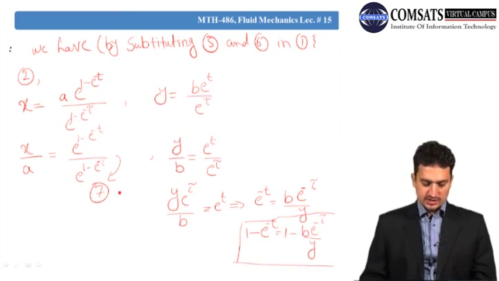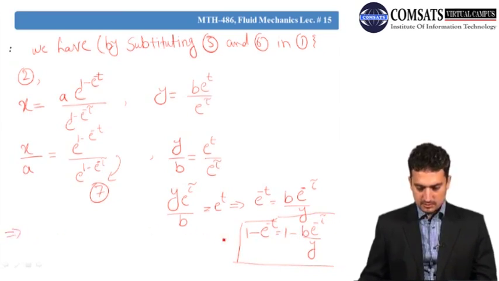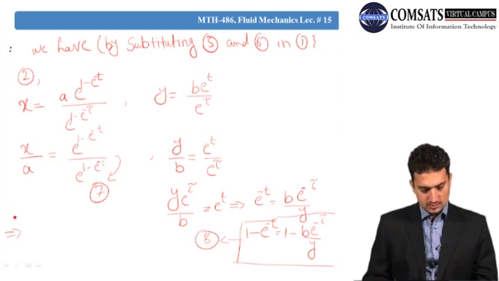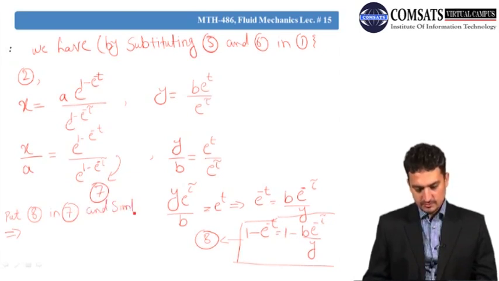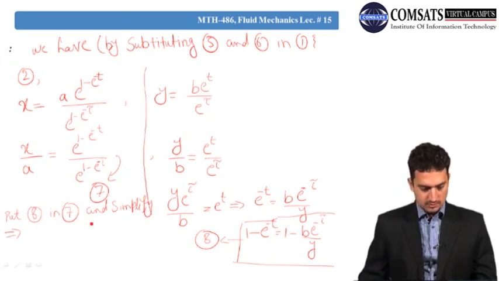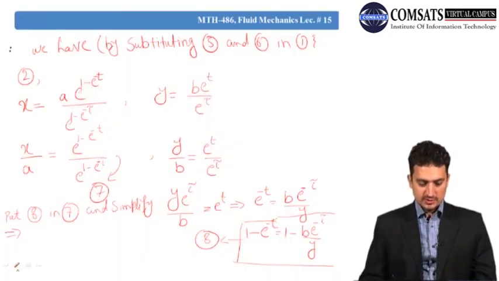Substitute this equation into equation 7, and ultimately put 8 in 7 and simplify. इक्वेशन 8 को इक्वेशन 7 के अंदर अगर सब्स्टिट्यूट करें और उसके बाद इसको सिंप्लीफाई करें